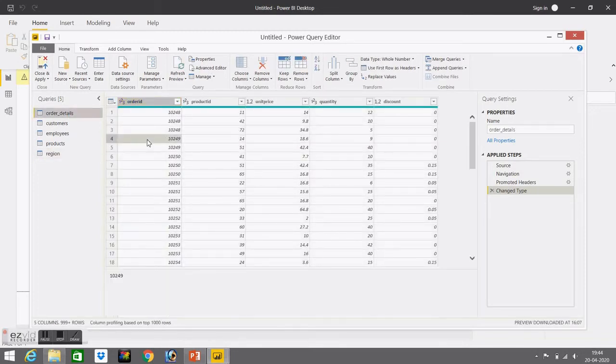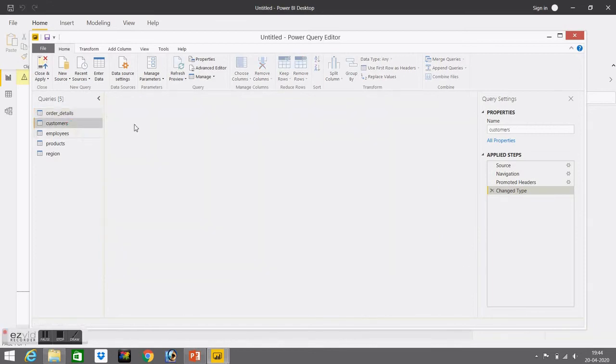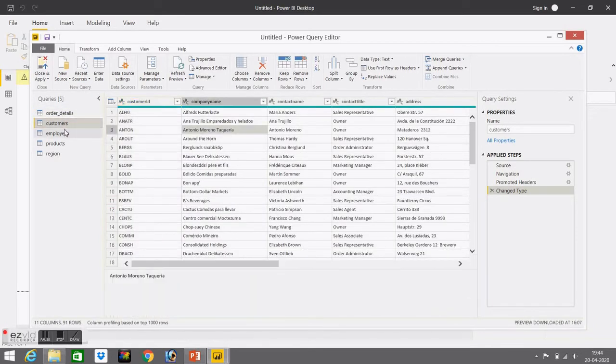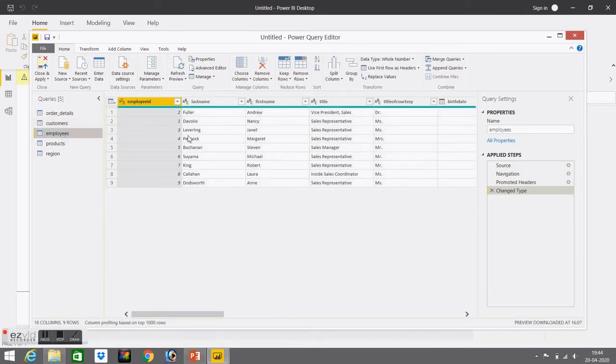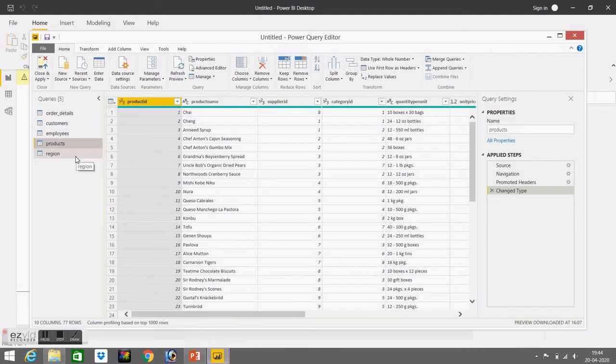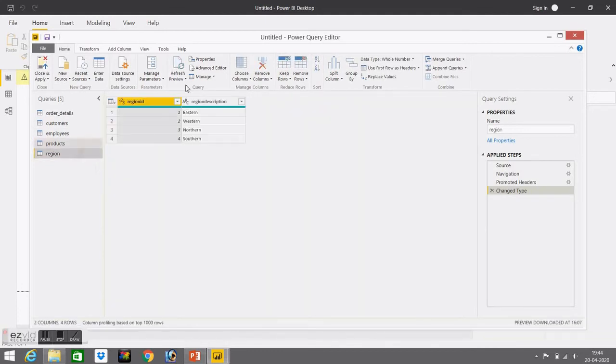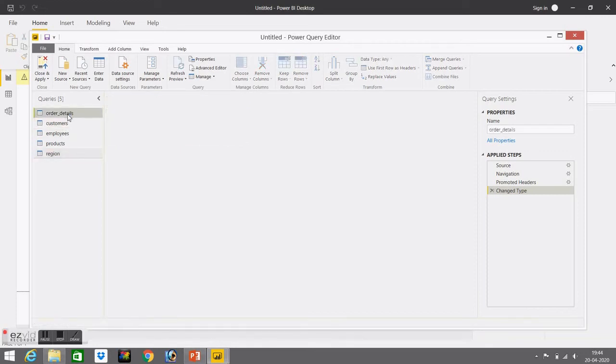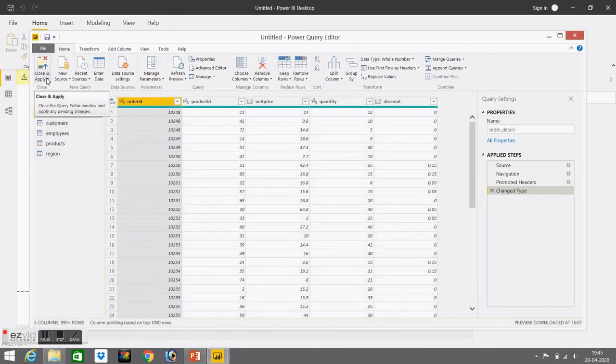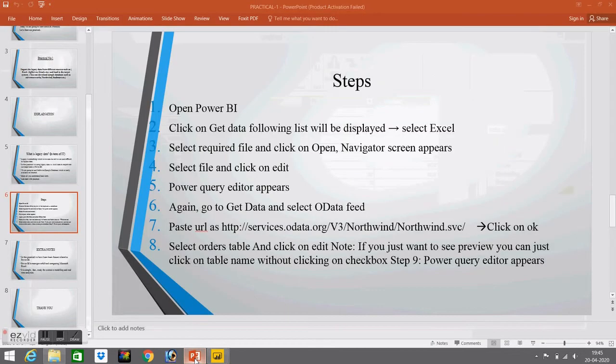Here we can edit our table database if we want. Check here, there are many customer details available, employees, product details, region details. We can edit or directly close. That's it. We are done with this part of our practical.